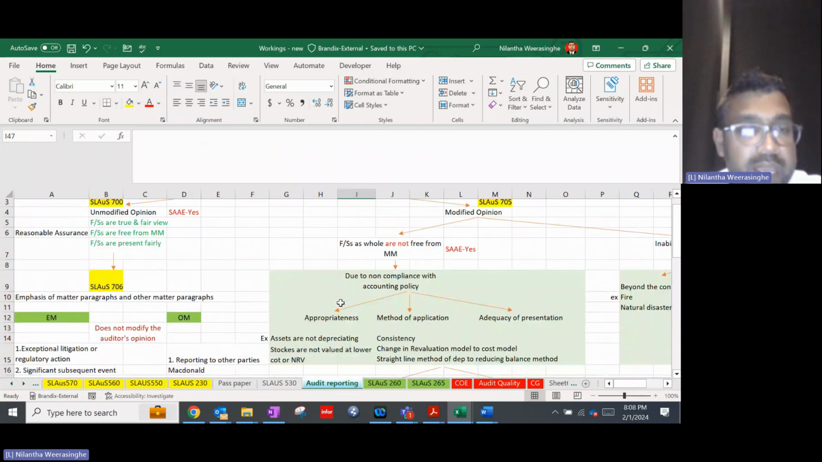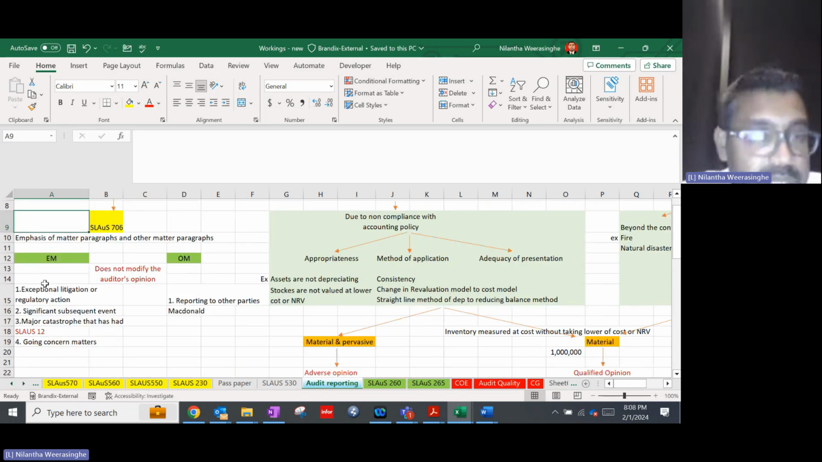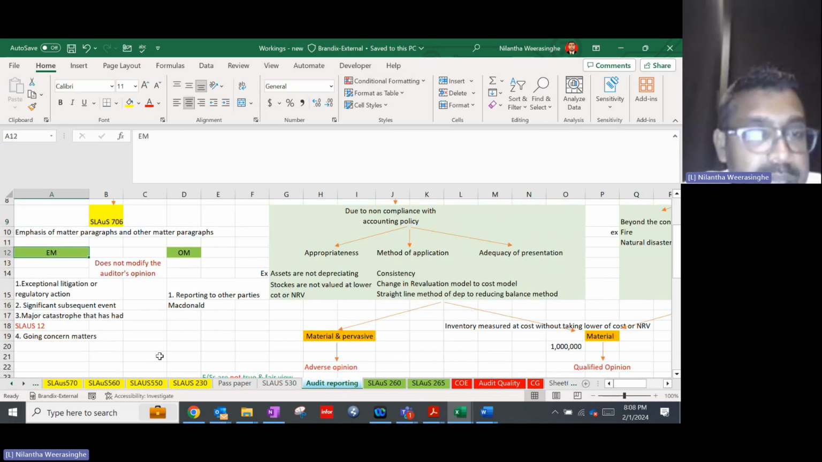In addition to that, the examiner is testing another standard, which is SLA 706, which explains emphasis of matter and other matters. What do you mean by emphasis of matter and other matters? Understand the difference also here. Emphasis of matter means